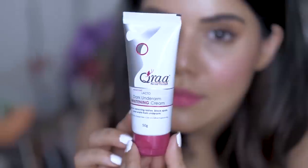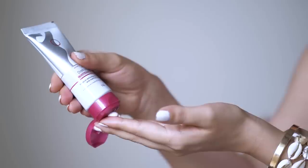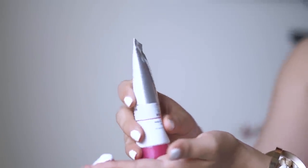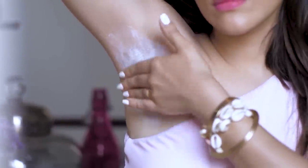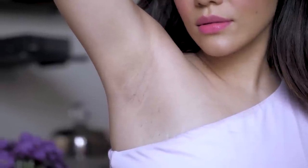There are also a few underarm brightening creams available in the market. Now, I have been trying this underarm cream. It's by this brand called Cura. It helps get rid of the rashes that you get in your underarm area. It also gets rid of the black spots and the pigmentation that you have. So it kind of evens the underarm area,